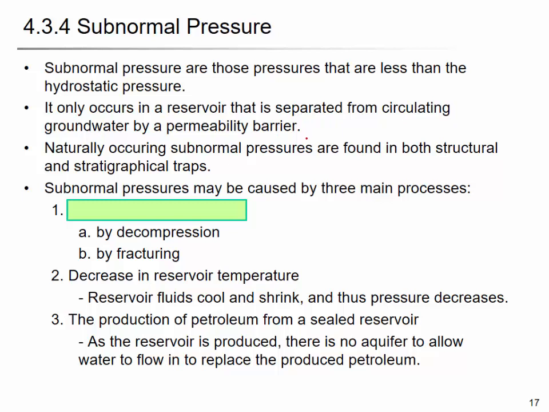So you should also have the permeability barrier that disconnects the fluid flow or the pressure communication. And the naturally occurring subnormal pressures are found in both structural and stratigraphic traps, and subnormal pressure may be caused by three main processes: increase in pore volume, decrease in reservoir temperature, and the production of the petroleum from